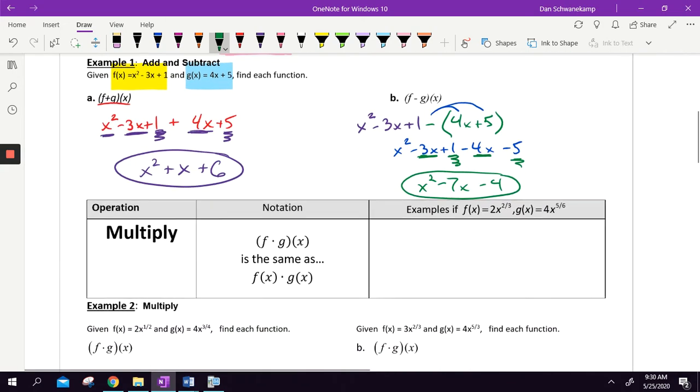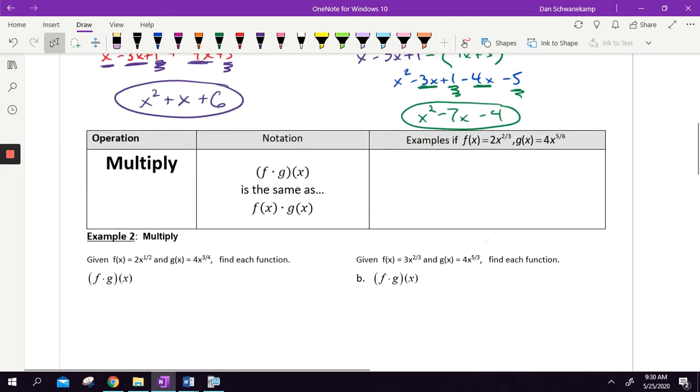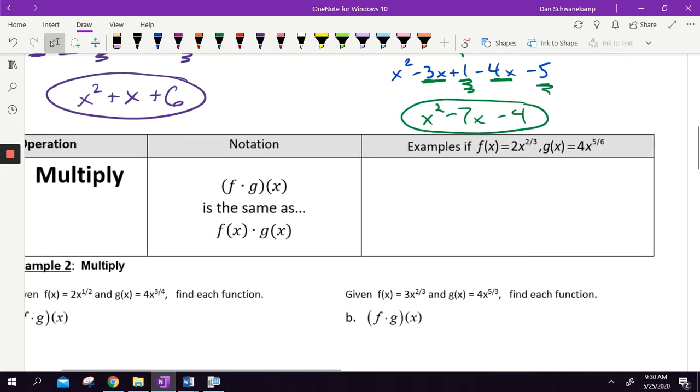That's f minus g, f plus g. The other one we could do is multiply. All right, we could divide as well. I didn't throw dividing on here, but we could do that pretty easily. All right, if we're multiplying, (f times g)(x) is the same thing as f(x) times g(x). And so if they gave me these two setups here,